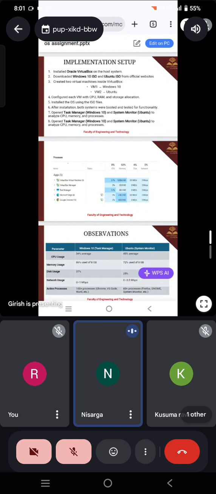Install the OS using ISO files. After installation, both systems were booted and tested for functionality. Opened Task Manager in Windows 10 and System Monitor in Ubuntu to analyze CPU, memory, and processes. Apps, VirtualBox Virtual Machine, CPU 5.7%, memory